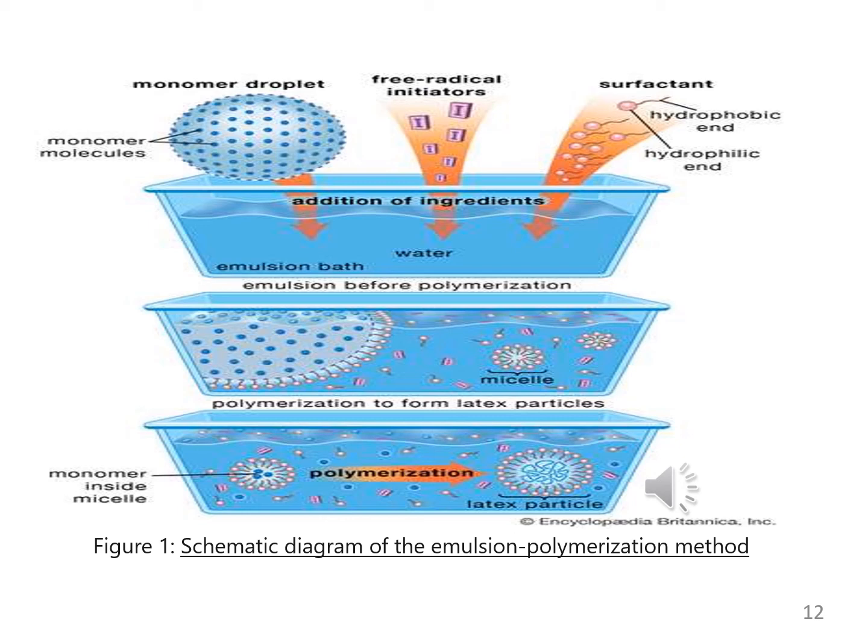After that, a free radical initiator is added. You can see on the top a free radical initiator is shown. So after the process of emulsion, a free radical initiator is added, and this free radical initiator forms the latex particles, and these latex particles are formed by the process of polymerization. There are small aggregates which are formed in this process, and these small aggregates are called micelles.